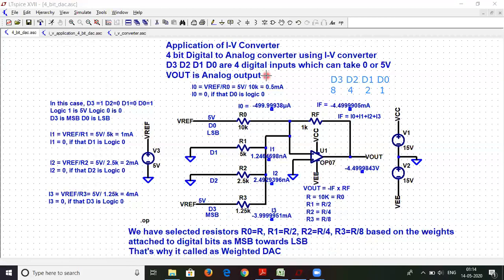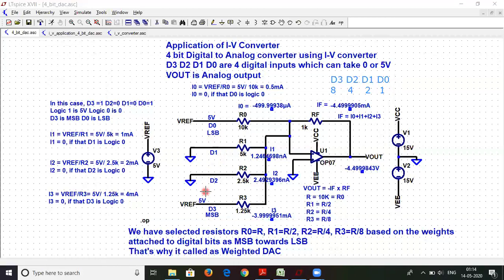Basically, we have designed an application of the I2V converter, that is a 4-bit digital to analog converter using the I2V converter. In this case, D3, D2, D1, D0 are 4 digital inputs. A digital input means you can give it either logic 0 or logic 1.